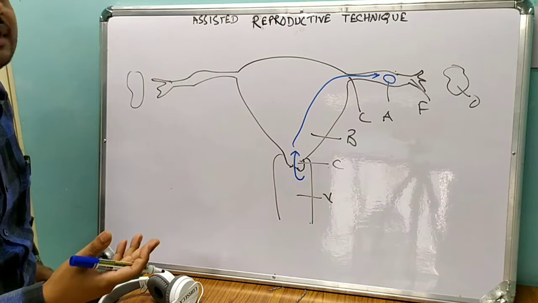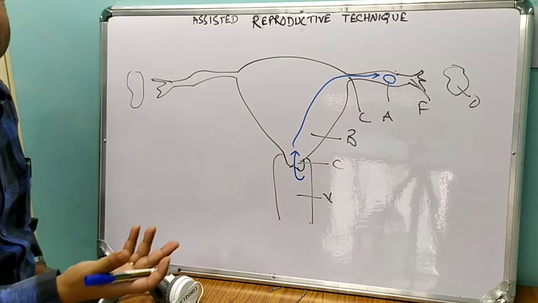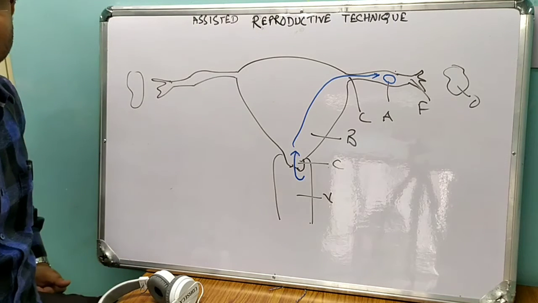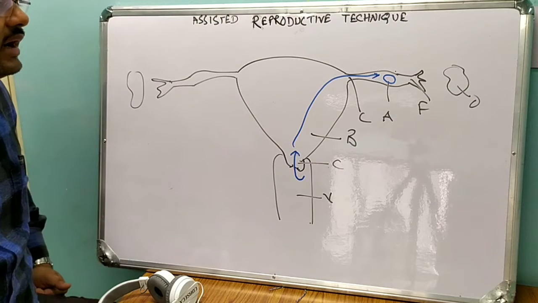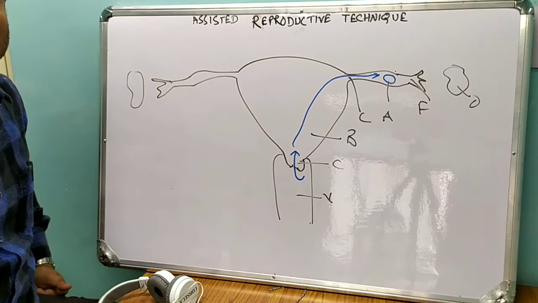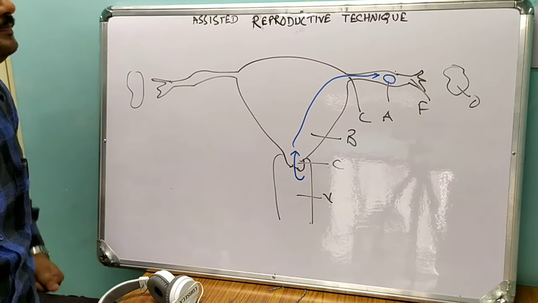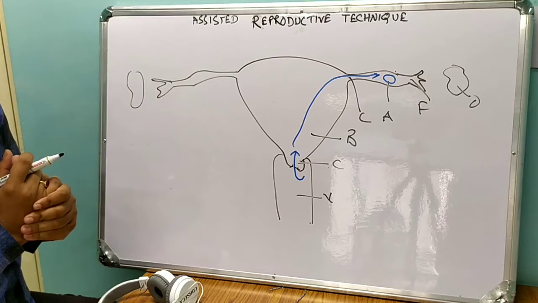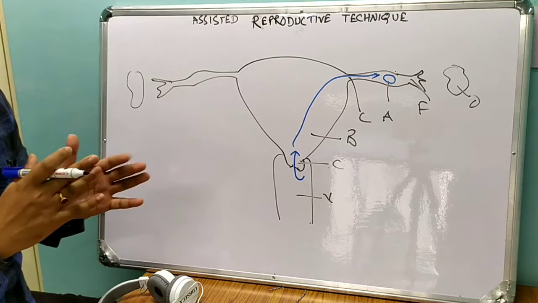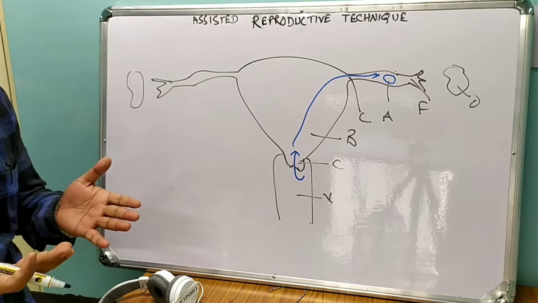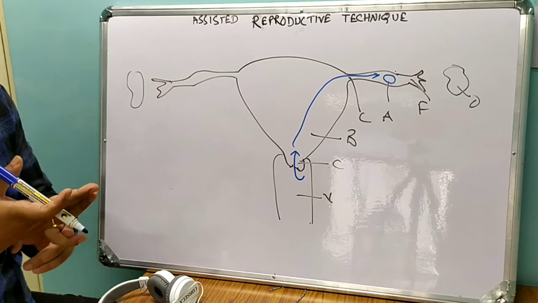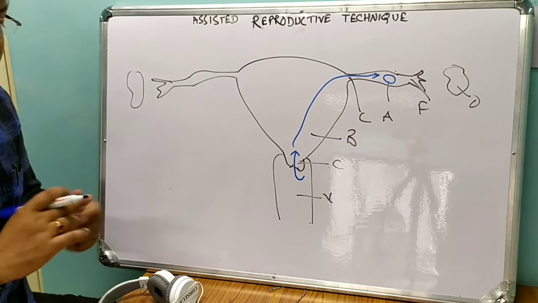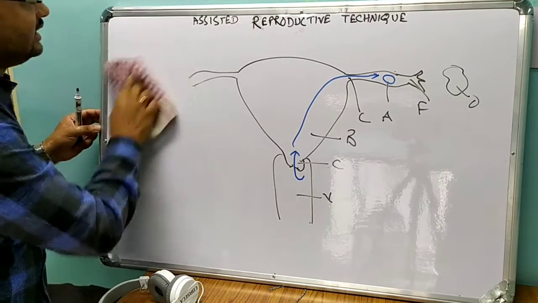Now if a person is infertile, be it a male or a female, you have to treat him or her to overcome this problem. So what you can do, you can go for some assisted reproductive techniques. Now, there might be three different types of problem. The problem might be in the male subject, in the female subject, or in both. So how can you differentiate the causes?